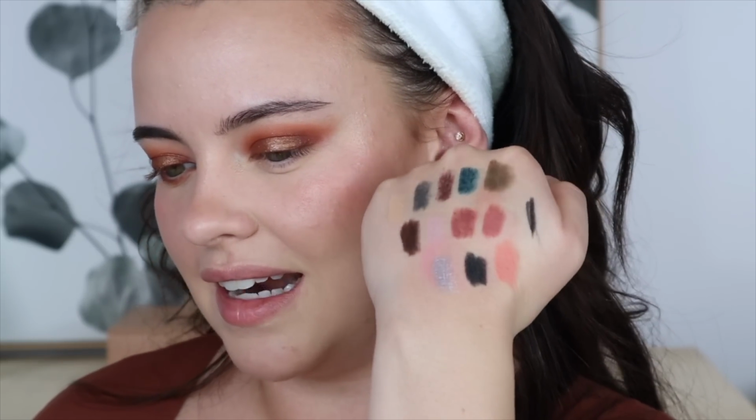So next up for my eyeliner, I got these new ones from Undone Beauty. They launched quite a few shades, and these are 4-in-1 pencils, so they have a ton. And you can use these in your brows, on your eyes, on your face. Brows? What is it? And lips. Right, lip liner. So I swatched all of the shades on the back of my hand, and I gotta say,